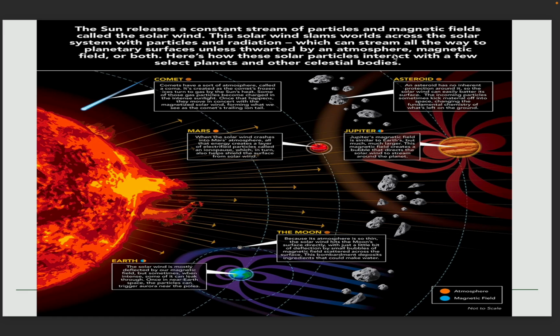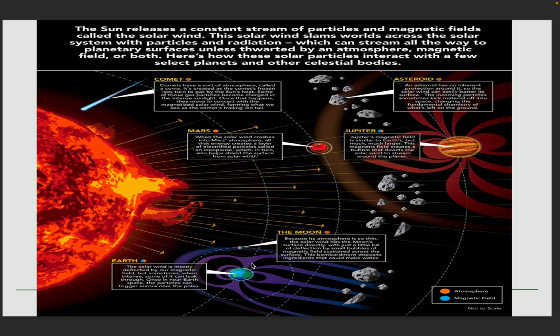So the cometary tail is formed due to charged particles generated by the sun. For planets such as our Earth, Jupiter or Mars, the solar wind has a huge effect. Solar wind is mostly deflected by Earth's magnetic field, but sometimes when intense, it can leak through. Once near Earth space, the particles can trigger auroras near the poles. And the moon. For the Earth, solar wind creates aurora in the higher